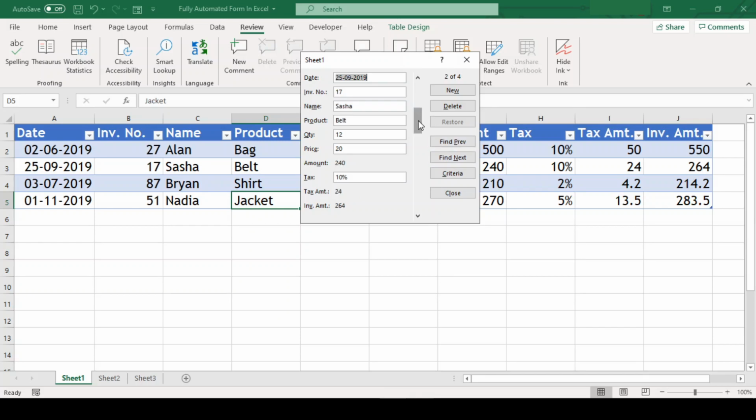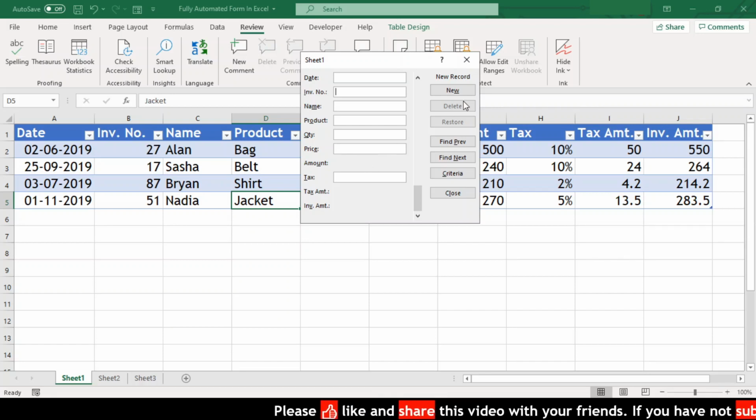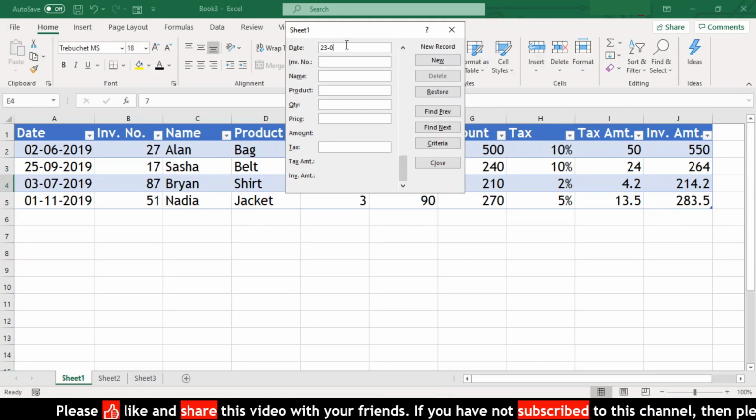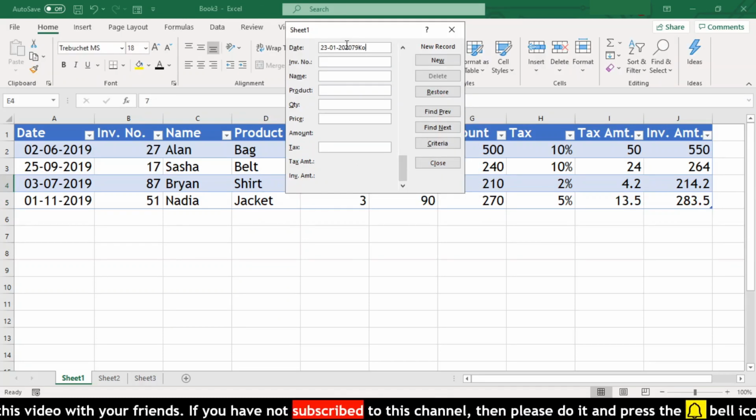We can use this scroll bar in the form to scroll through each record in our table. If we want to do data entry, we just need to scroll to the end and start typing. We can see here that we have a field label, but there is no field to do entry here. This is because we have applied a formula in this column, and since this is to be auto calculated, the form smartly doesn't demand data here.